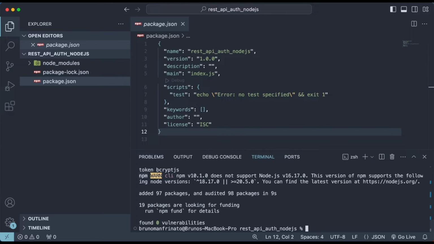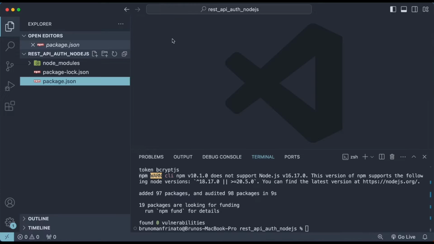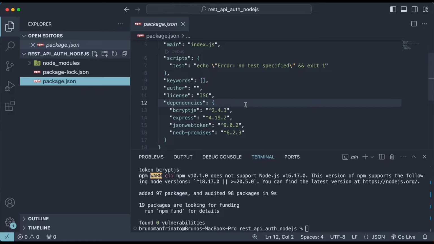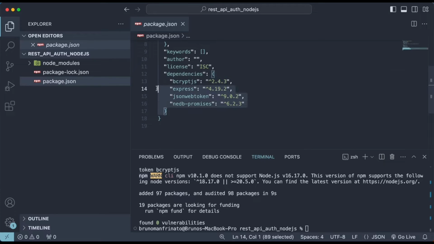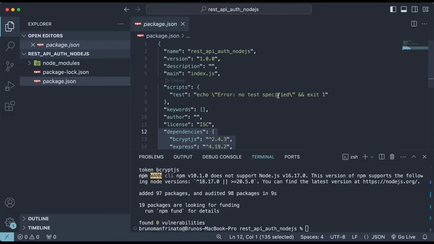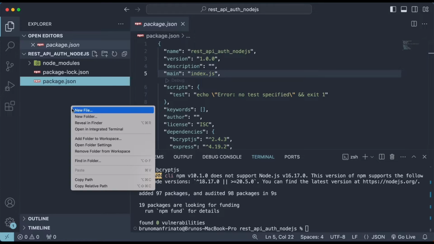And great, dependencies installed, and let me close the package.json file and reopen. And you can see here the dependencies we just installed inside the dependencies object. Still inside the package.json file, there's a property called main pointing to an index.js file, which is going to be our main file. So let's create this file here on the root, new file,